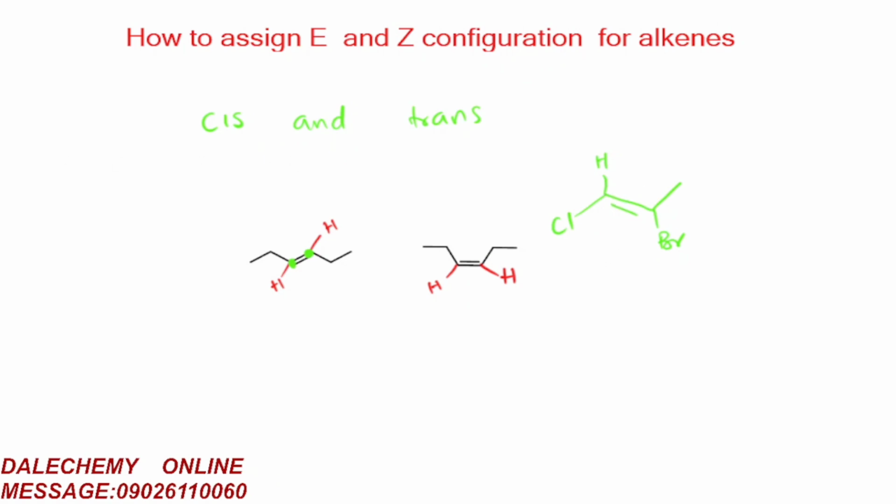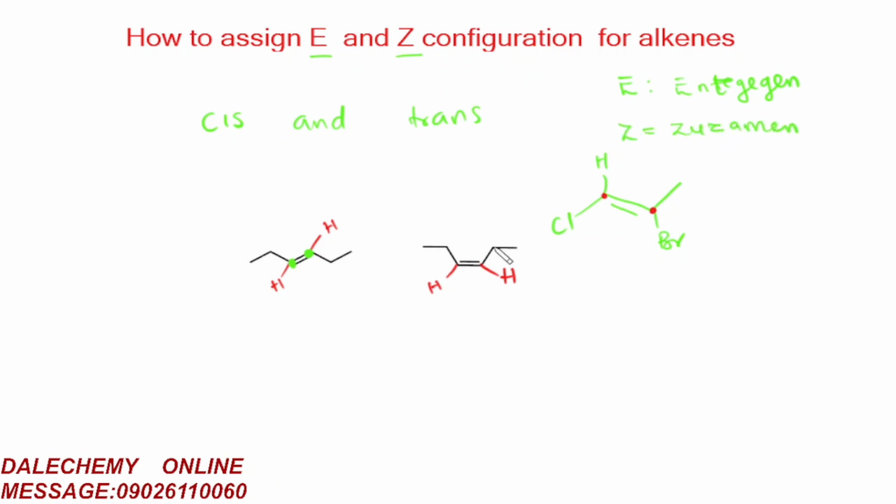If you look at the two carbons that are participating in the double bond, the first one and the second one, they do not have anything in common. This one has chlorine and hydrogen, and this one has methyl and bromine. So nothing is common between these two carbon atoms. So what we use in this case is the E and Z configuration. Okay, E and Z configuration. You might be asked: the E means entgegen, and this Z means